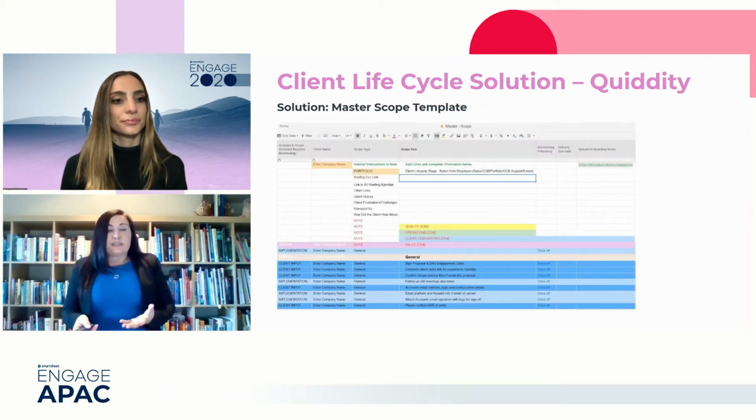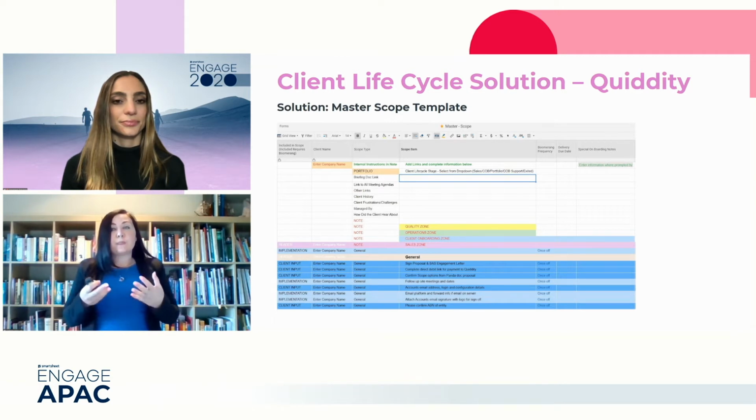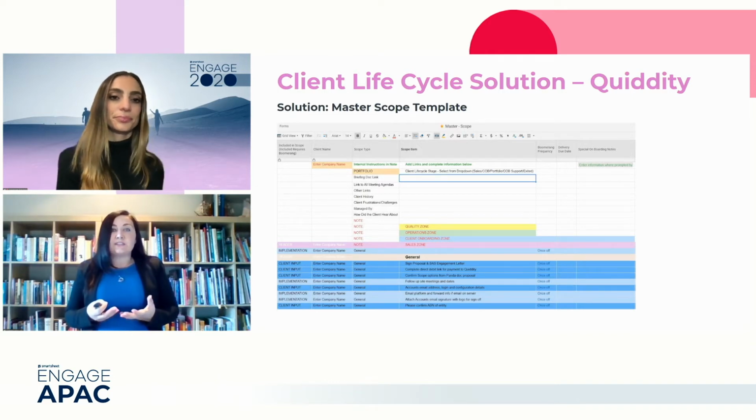For the sake of orientation, this is the master scope document. Now imagine that it contains everything that we need to manage the full client lifecycle. It's designed for the information to flow through each of the zones so that each department can piggyback off the information from the previous department while adding to it. The departments I'm referring to include sales, client onboarding, operations and delivery, and quality management. This template also has a workflow automation to create recurring tasks for everything that needs to be done. This leaves nothing to chance.